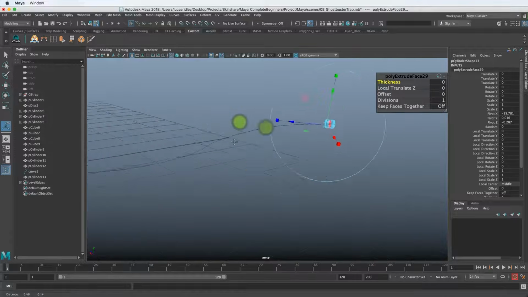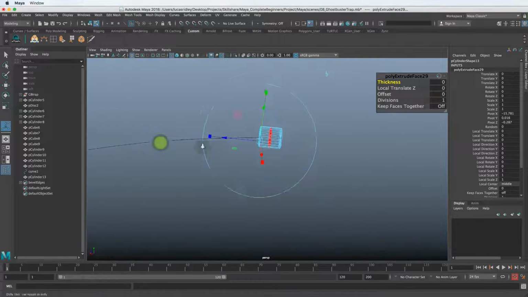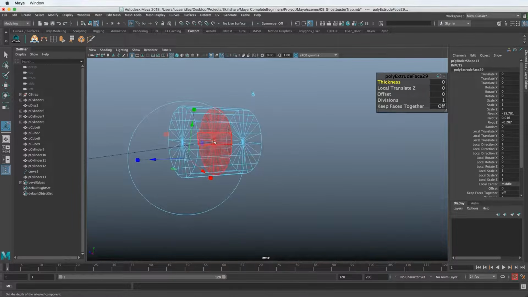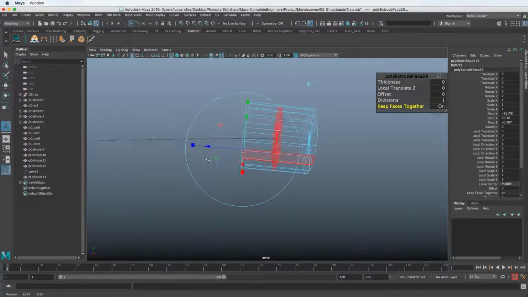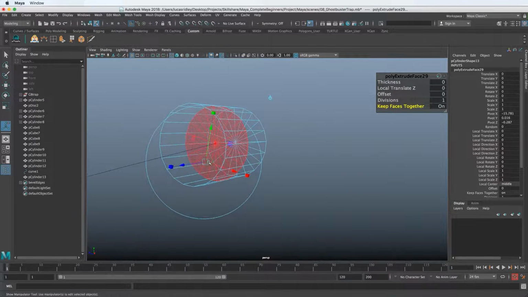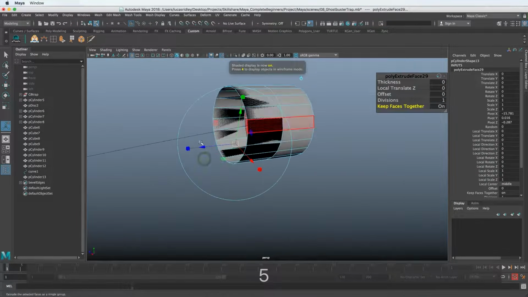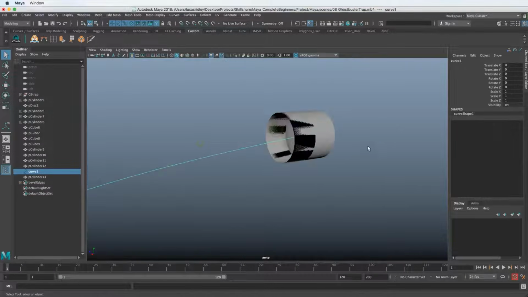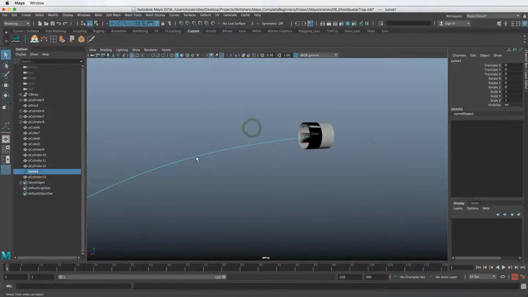And you can see something happened, but not exactly what we wanted. It looks like there's a face now at the very beginning of this curve here in the center. I'm going to turn on keep faces on as well so we can see it. So if I hit 5, you can see it kind of goes inside. That's because curves also have directions. I'm going to go back into object mode so I can select the curve. And we need to reverse the direction.